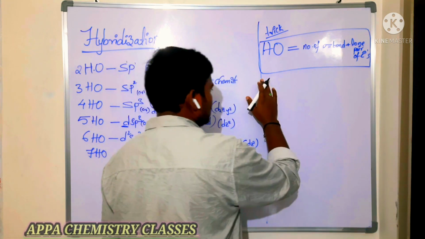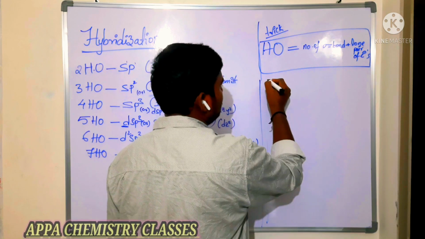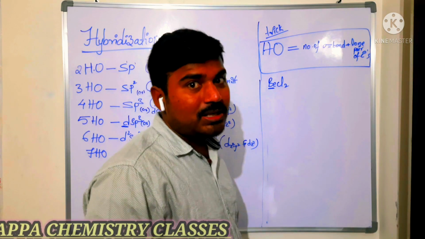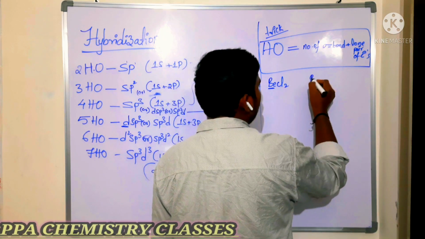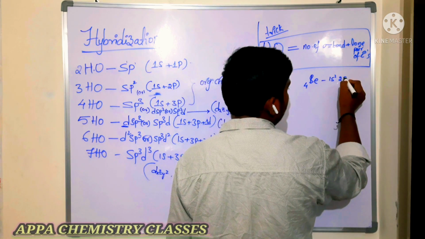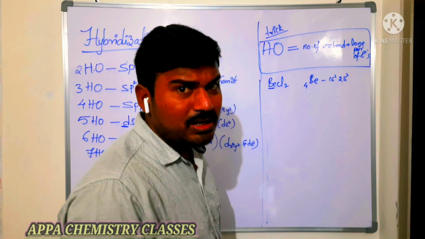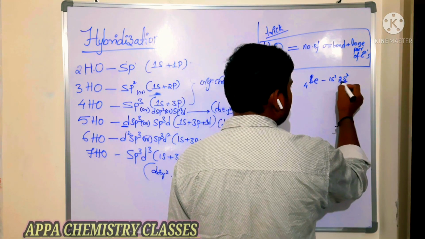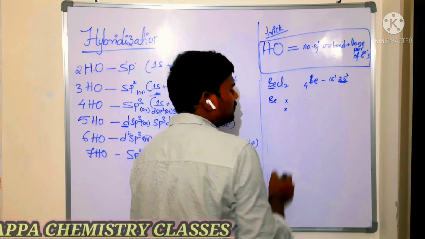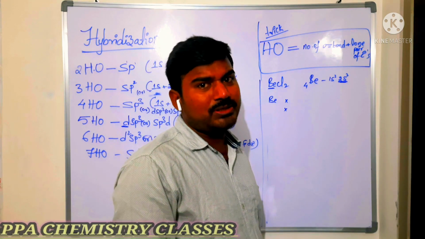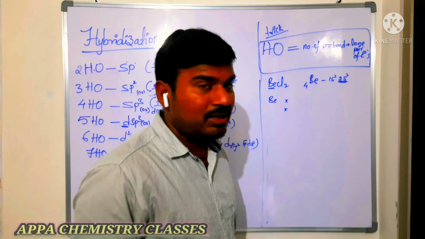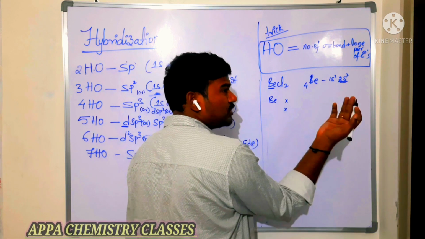Say, for example, a simple, well-known example: beryllium chloride. What is the central atom here? Beryllium is the central atom. Beryllium's atomic number is 4, so its electronic configuration is 1s2, 2s2. How many valence electrons are there? 2 valence electrons; this is the valence shell, which contains 2 electrons. So simply take beryllium and keep 2 dots, as in Lewis dot symbols. Lewis dot symbols show the number of valence electrons present in an element. Here there are 2 valence electrons, so just keep 2.